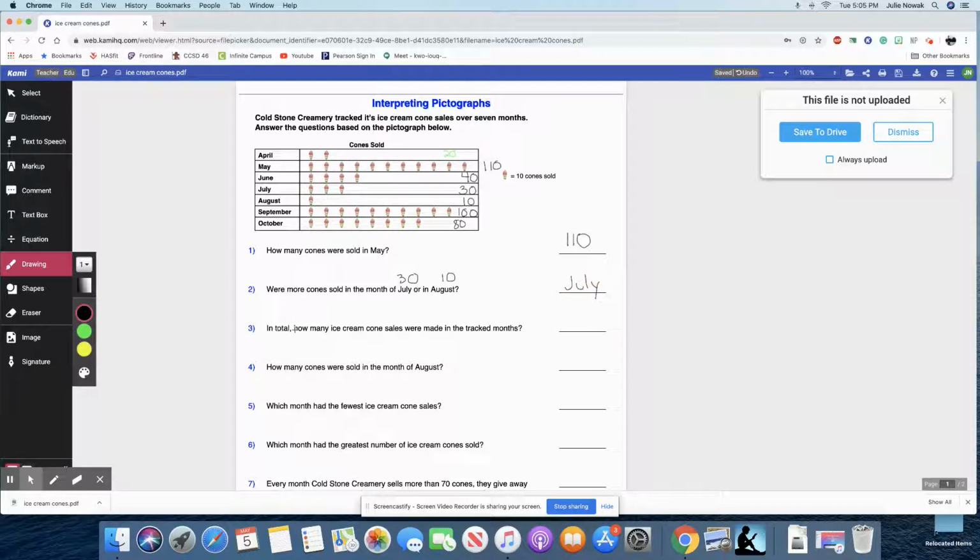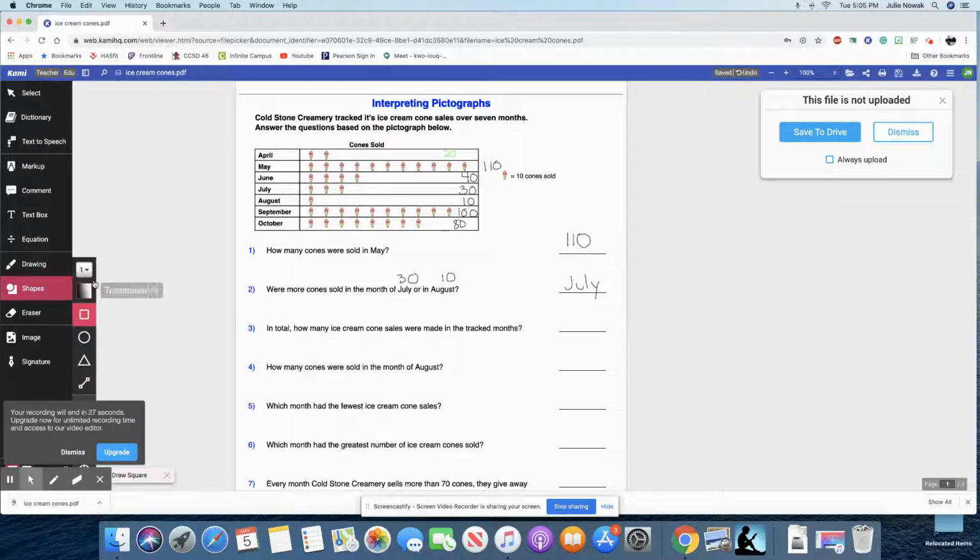In total, oh, that's a good word. In total, how many ice cream cone sales were made in the tracked months? Total tells me that I am going to have to add. And I'm going to have to add all of these together. So let's see. Trying to see if I have some space to do it. 20